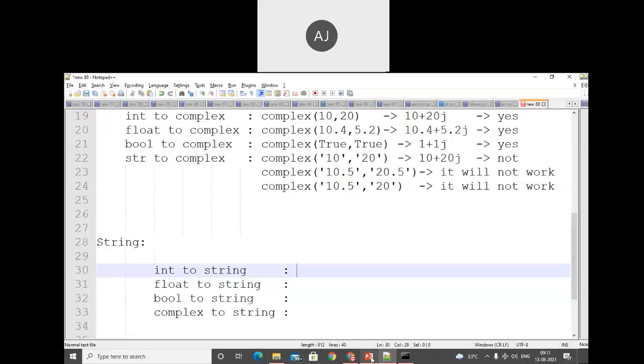So what is int? For example, x is equal to 10. Whenever we try the str function of x, we can convert that value into a string. That means we get the value in single quotes. Yes, we can convert.